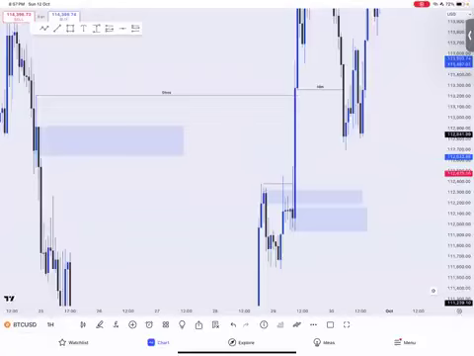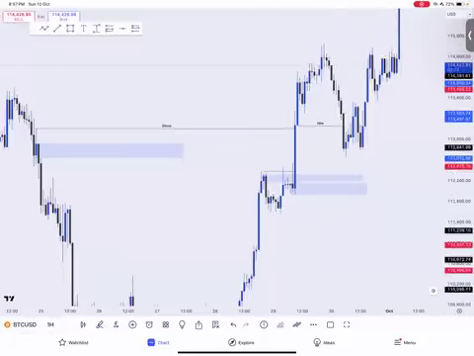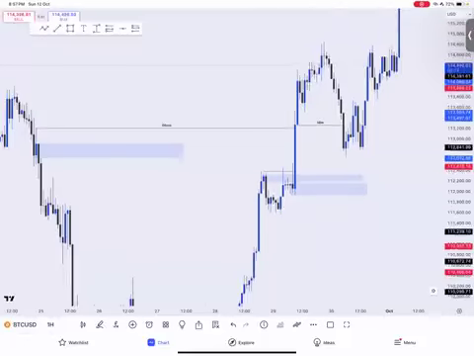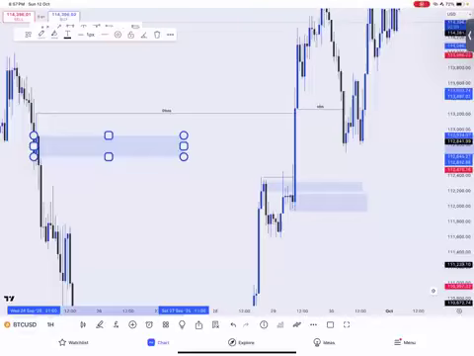Third rule, the points of interest need to be unmitigated. Means that while market was creating inducement, it needs to not have touched any of the points of interest you want to pick. And because market did not touch any of these points of interest, all 3 are still valid to be used as entries. The final rule, pick the point of interest closest to where inducement is. And which point of interest is that? Trace it down. Is this breaker block right here? So if you pick your entry from the breaker,